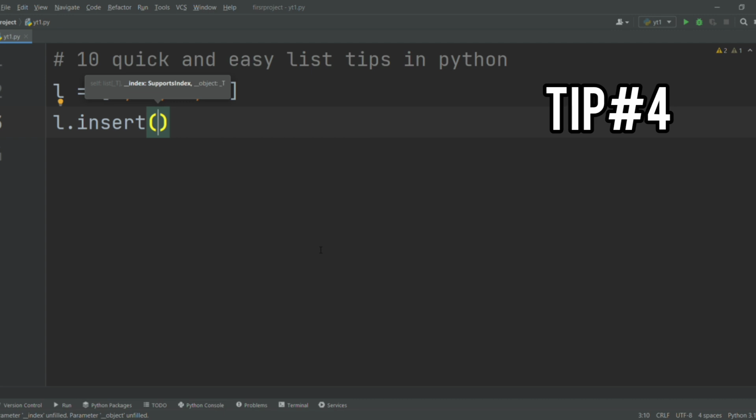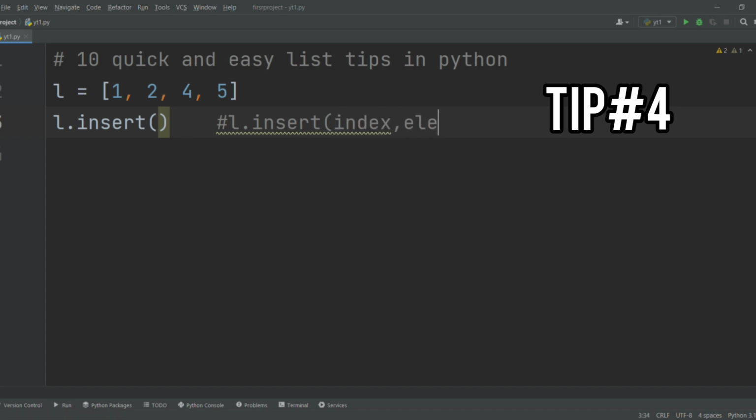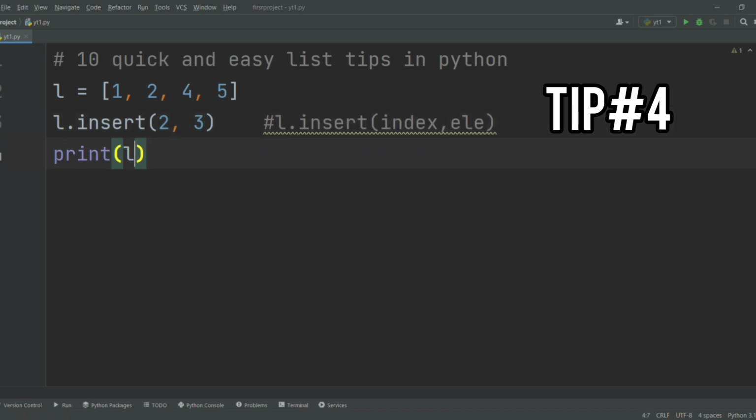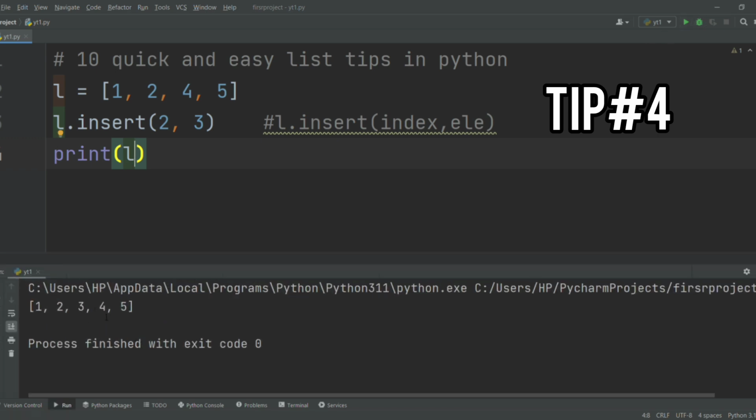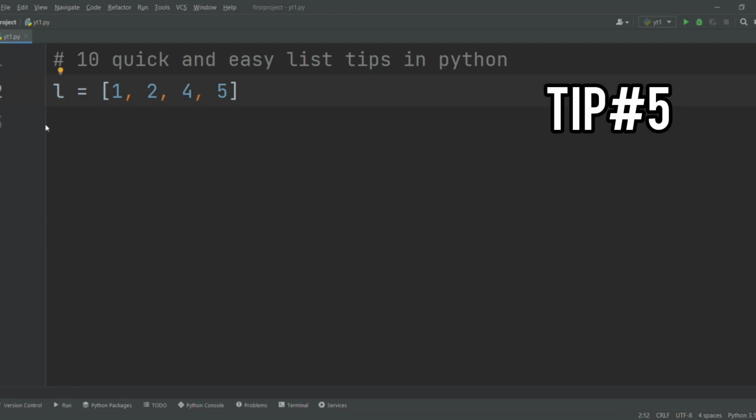The format is: first it takes the position or index, let me write index here, that will make it more clear, then it takes the element. So the index is 2 and I want to insert 3 here. Now let's print the list and see if 3 is added or not. And as you can see, 3 is successfully added in this list. Now let's move on to another tip.